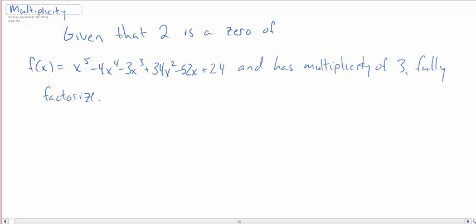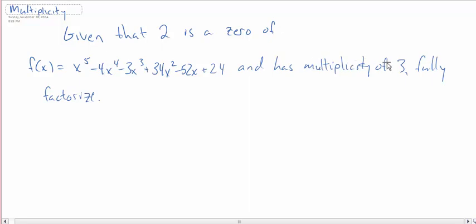So if we know the zeros of a polynomial, we can then factor it using those zeros. Now there's this thing called multiplicity. You've seen with quadratics we have repeated roots sometimes. Well, you can have a root repeated more than once, and that's what we call its multiplicity. So in this example, we have 2 is a zero of this 5th degree polynomial, and has multiplicity of